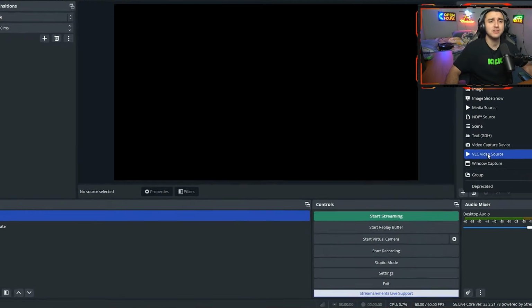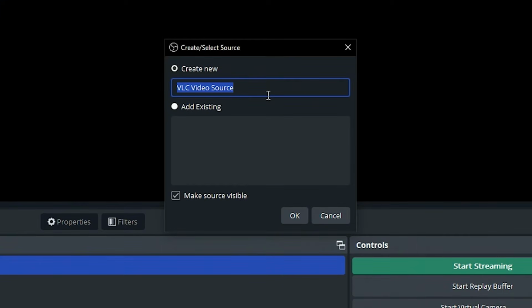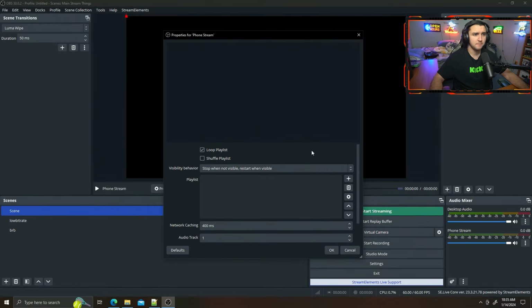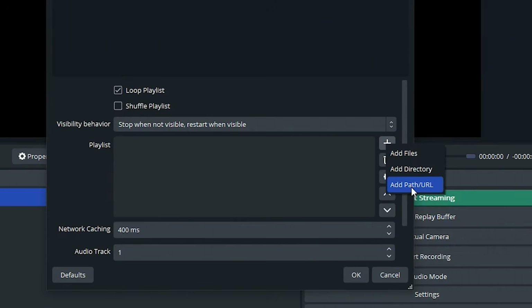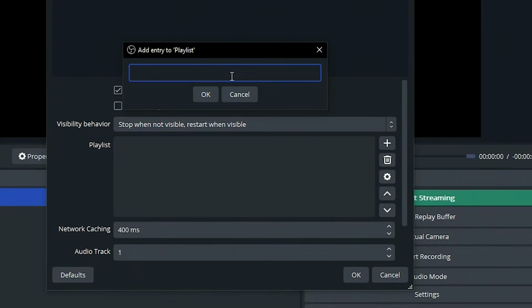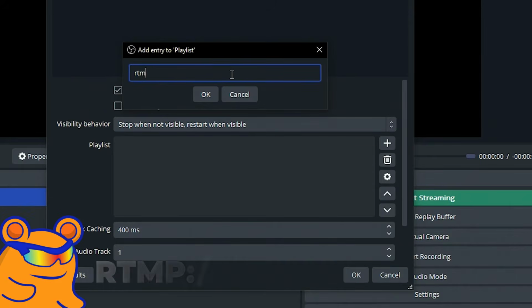We are gonna go ahead and add this source, VLC video source, and you can name it whatever you want, but I'm gonna name it phone stream, okay? This is the incoming stream from the phone. We're going to press OK. We're going to go down here to the plus. We're going to click on add path / URL, and we're going to type in RTMP